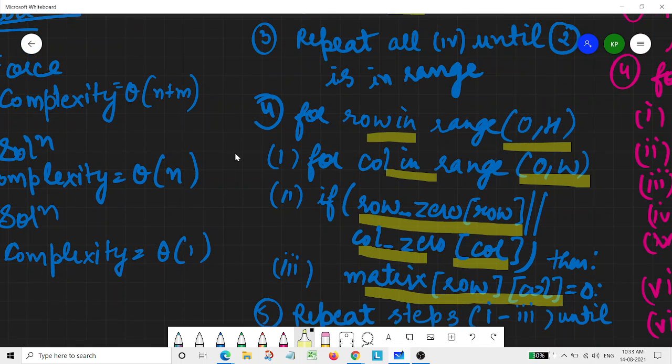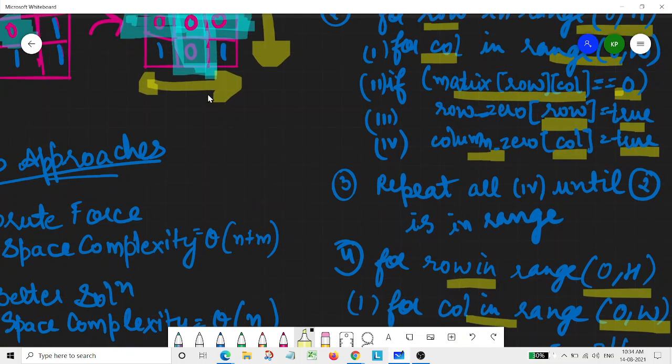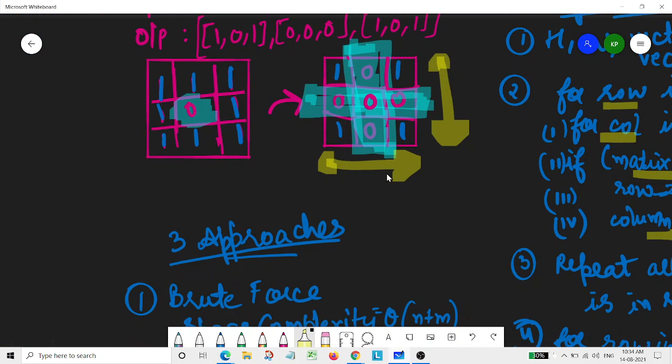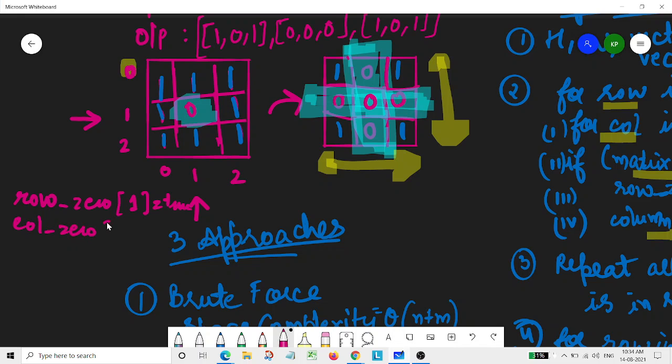For more clarification, I can tell you here. Let's see, you can just try to run this. Here we are having 0, 1, 2, 0, 1, 2. So basically, that first part will simply check for this and check for this. Means in our row 0, the row number will be 1 and it will be marked as true. And in our column 0, the column number will be 1 and it will be marked as true.